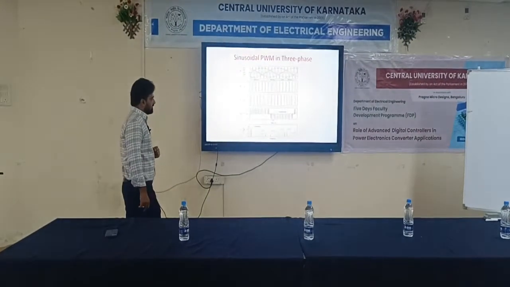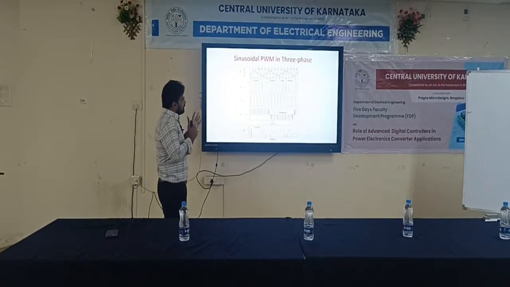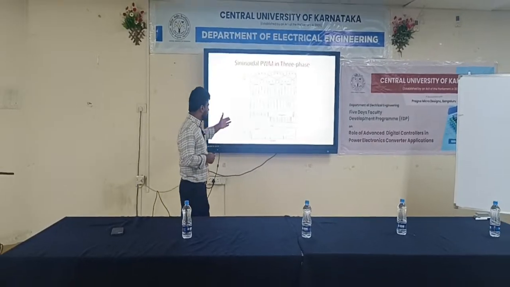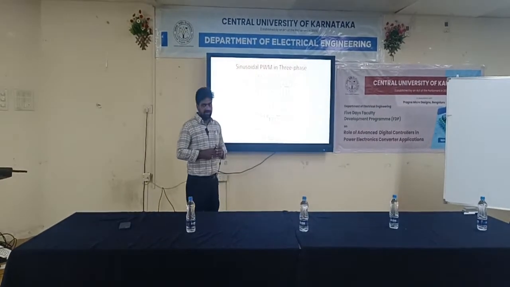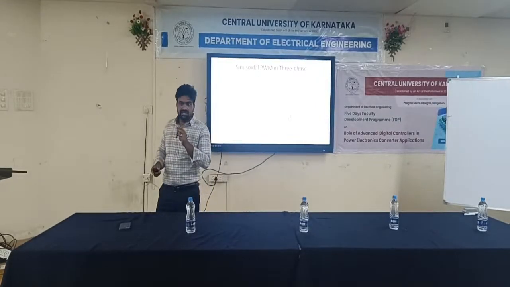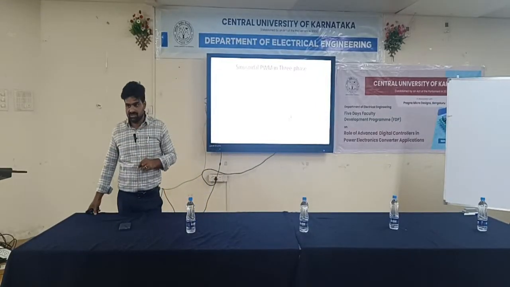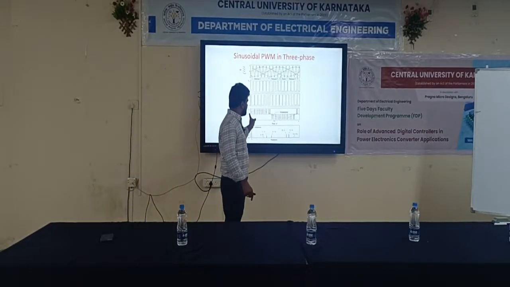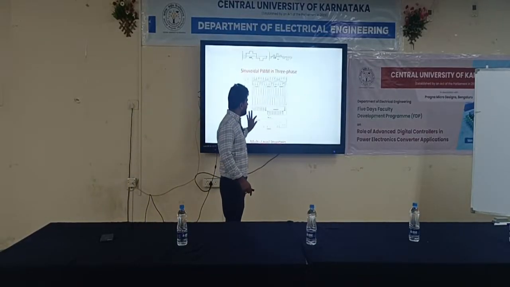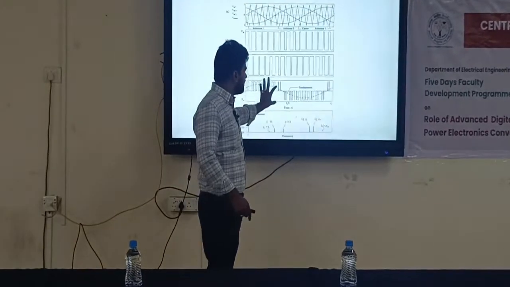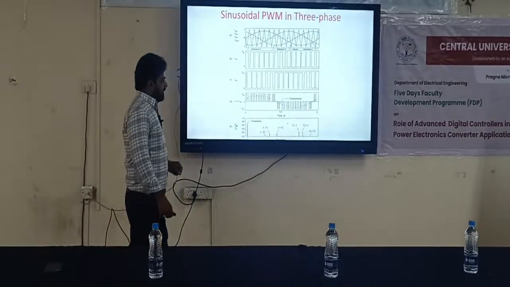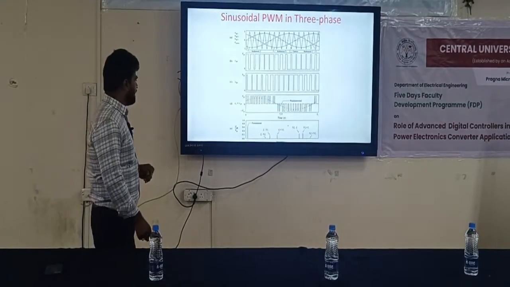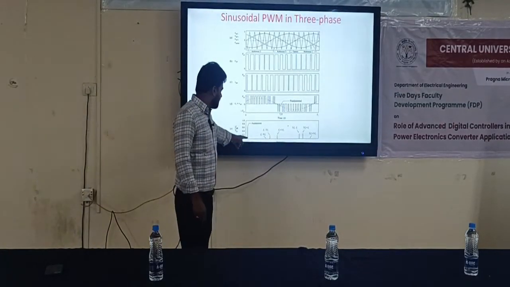Get the pulses, and when you use the pulses for your switching mechanism, you achieve the output voltage as you are seeing on the screen. Earlier, you had a square wave output voltage. In this case, what happened? We have a series of pulses in the first half cycle and in the negative half cycle, as you are seeing on the screen. But if you see the total harmonic distortion, you can find the fundamental component like this,